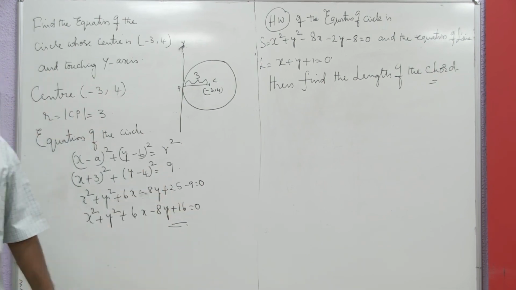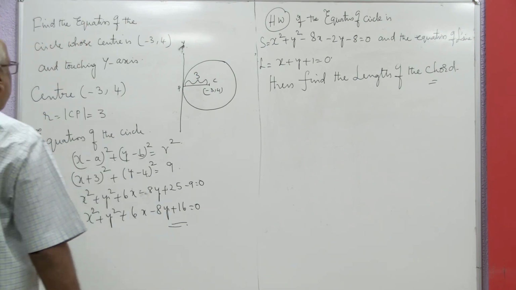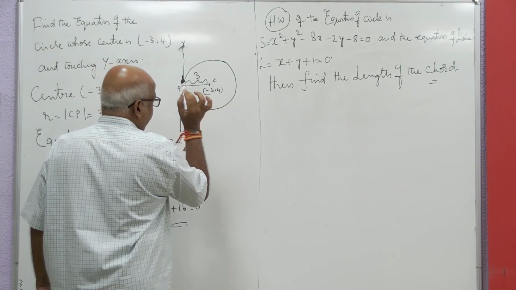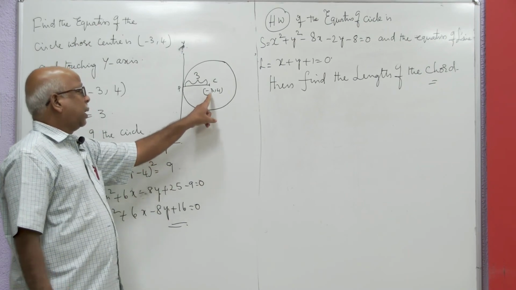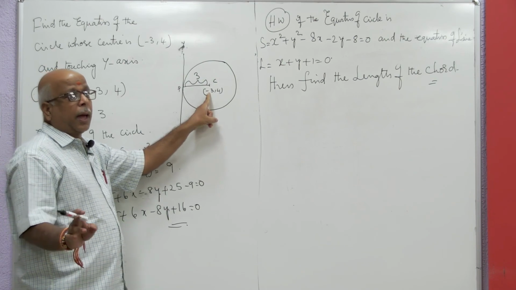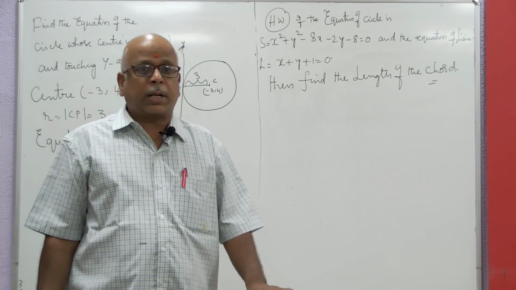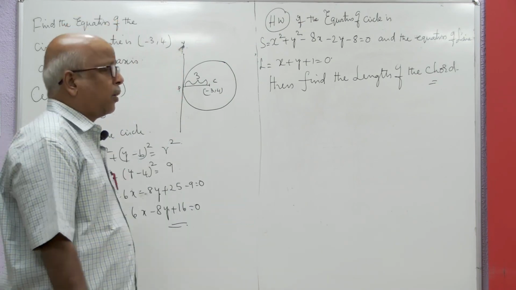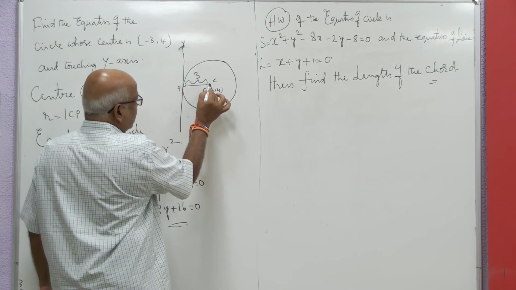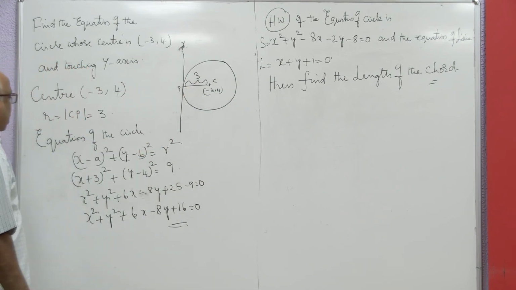Here, if you just remember the definition of x coordinate and y coordinate, the distance of a point from the y-axis is nothing but its x coordinate. You may ask, sir, why are you writing plus 3 when we already have minus 3 as the x coordinate? Because distance can never be negative. That's why we represent it by a positive number only. This is representing the perpendicular distance.